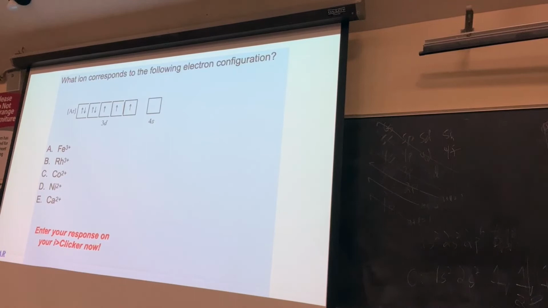So here's a kind of problem you might see. It says, what ion represents the following electron configuration? If you look at this carefully, it's got an empty 4s shell. This is argon and 3d. Now, I want to focus on the argon and 3d here real fast, because if you look at this list